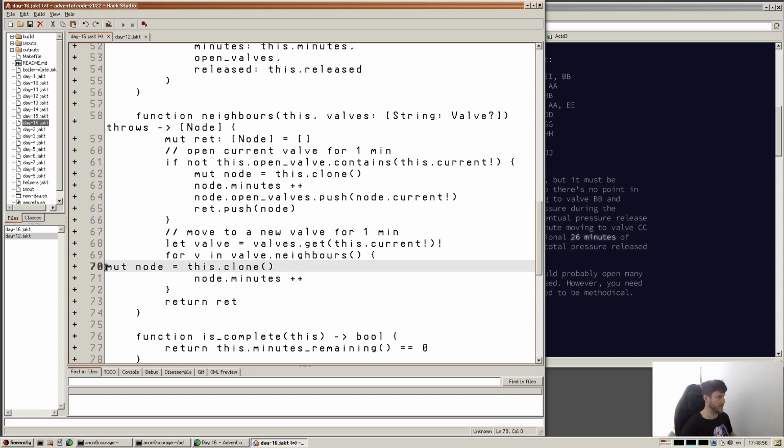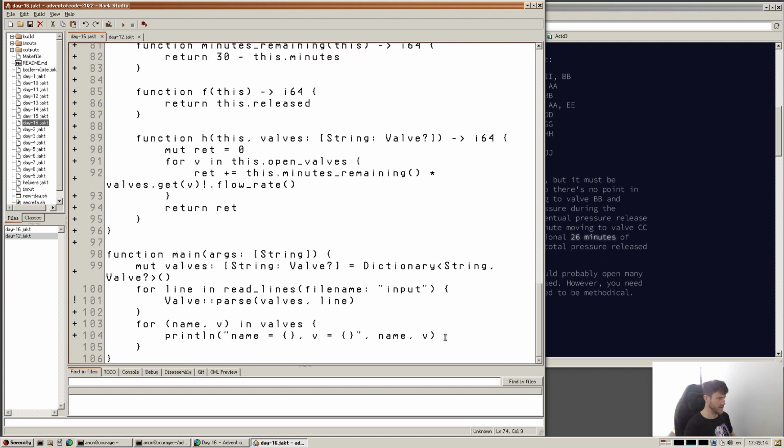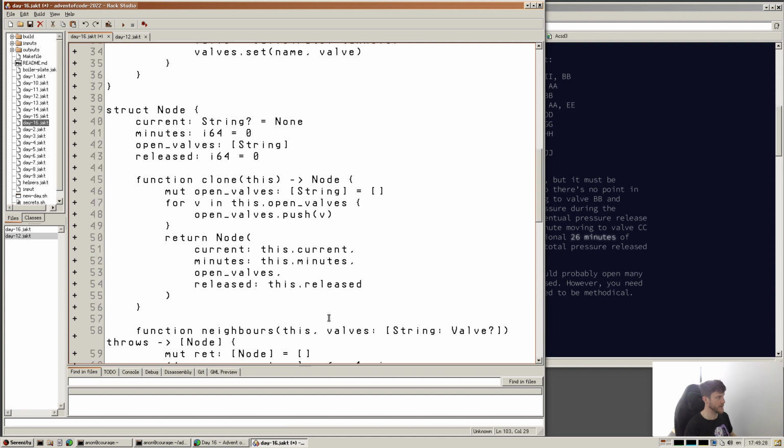Go back up here, and we're going to spend a minute doing whatever, and we're also going to set the current to be v, so that we have gone there, and then at the end we'll just return ret. So I think print line neighbors. We don't really have a start node yet. Well, the start node is just going to be,